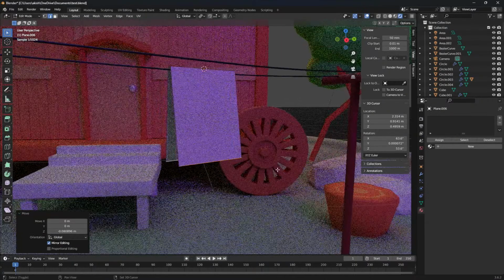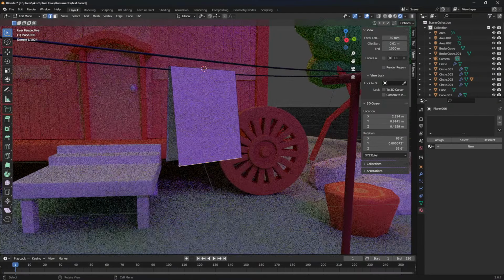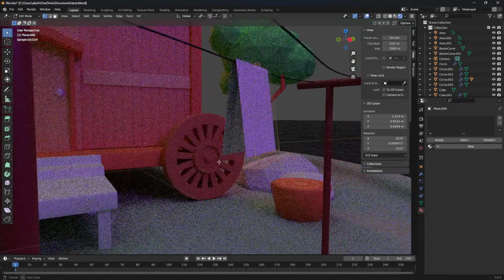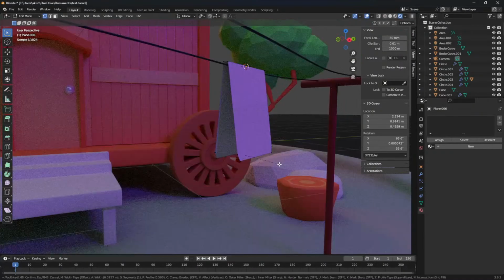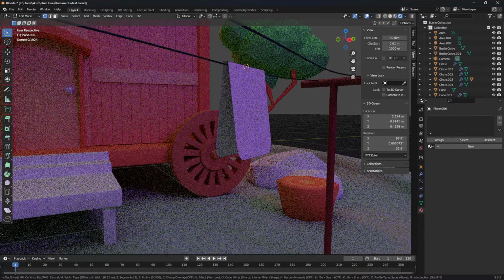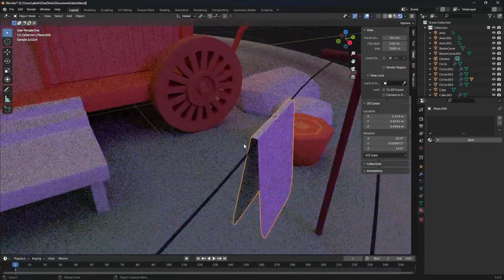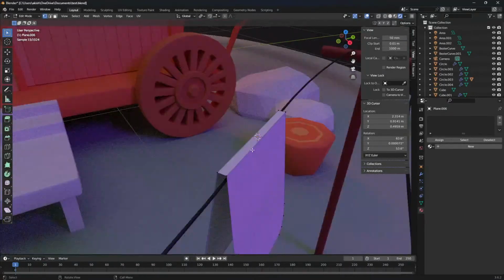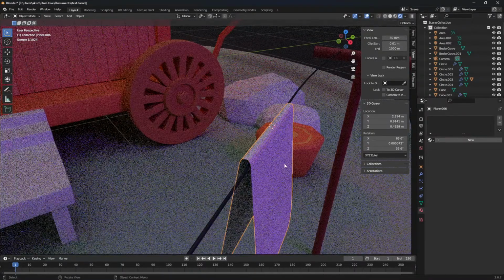And if you want to give it variation, simply select one, go to edit mode, select all these vertices and Control V, and give it kind of that smooth cloth feel like this, and select here, Control, and select this edge again, Control V, and bevel them like